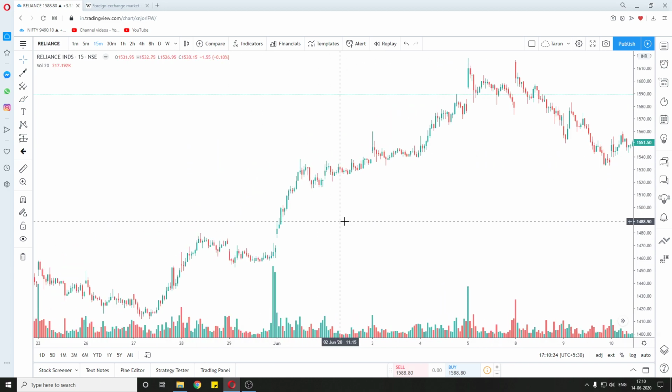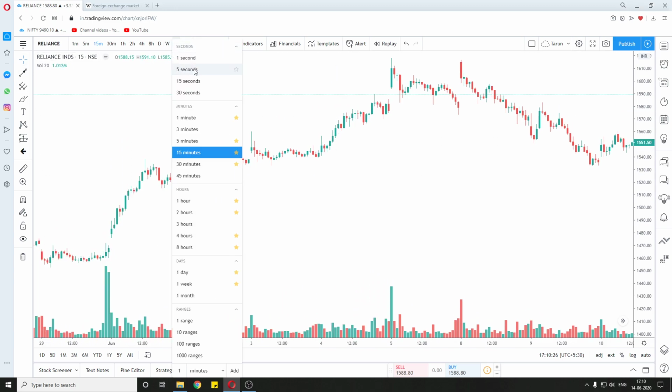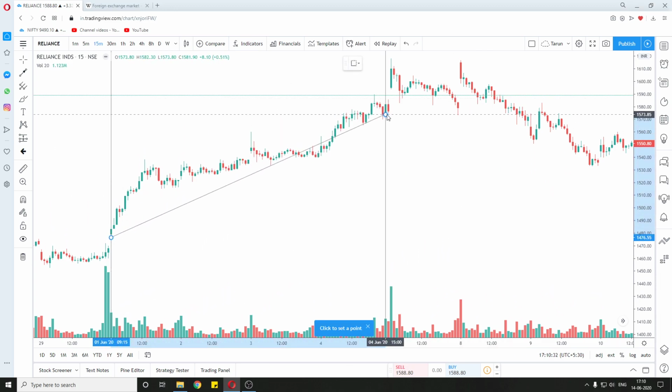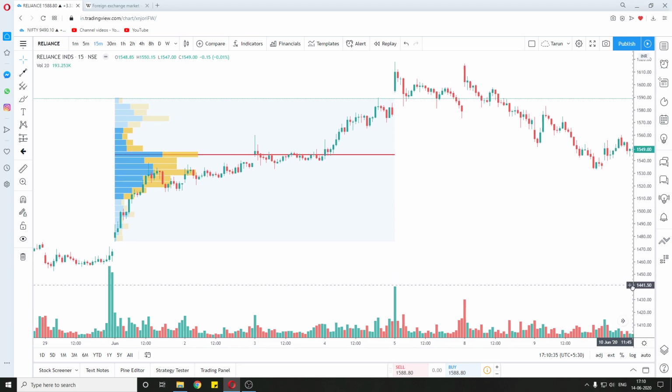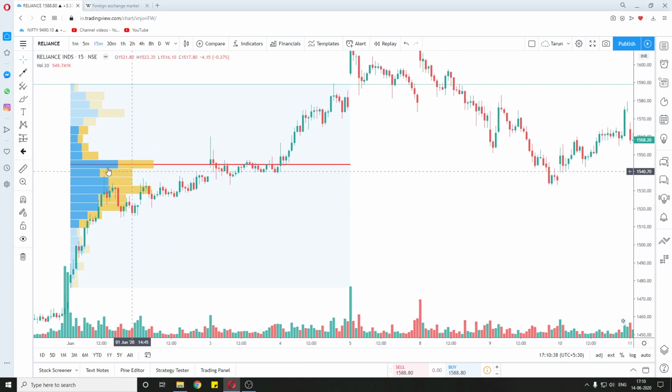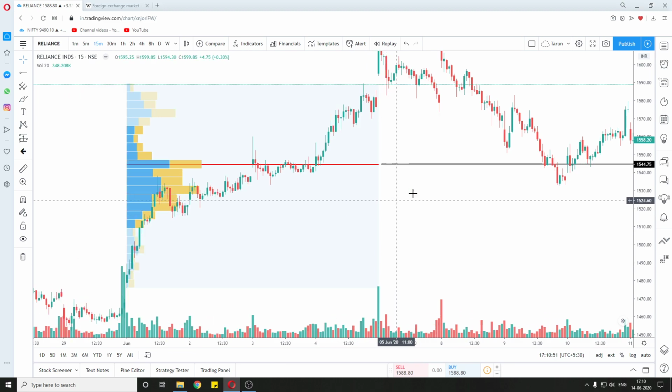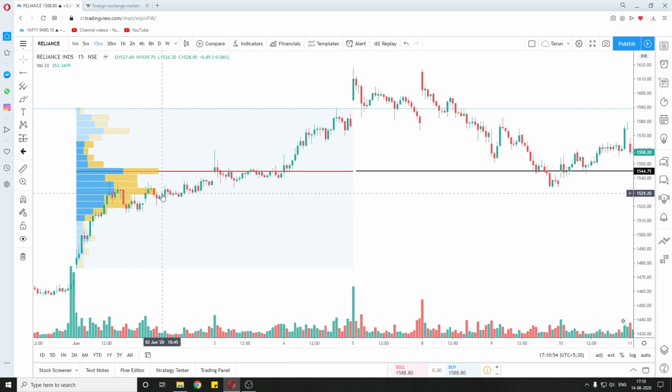Now what we can do is, we select the fixed range, we take the volume profile for this particular range. What this tells us is that the big players accumulated most of the positions at 1545 rupees, at the point of control. So now what is volume? This might be a bit confusing. What this fixed profile is telling us is that the maximum amount of shares which were accumulated, which were bought by the big players, was at 1545 rupees.